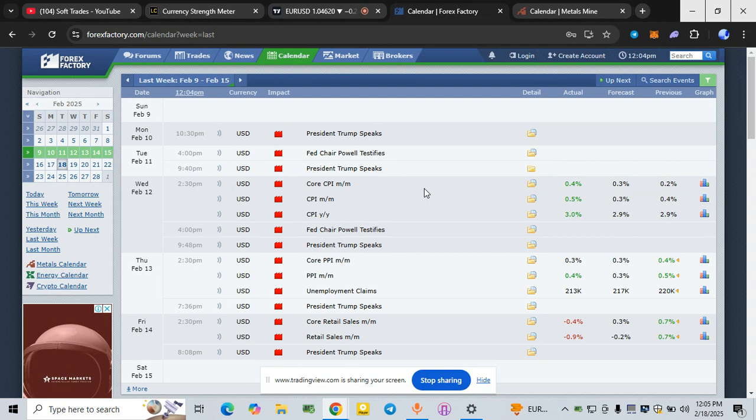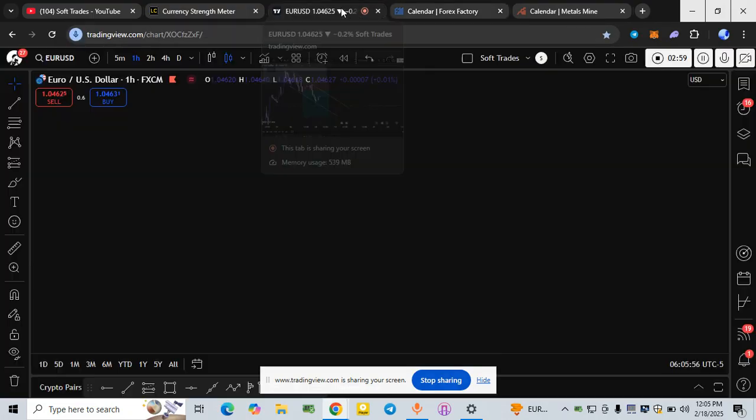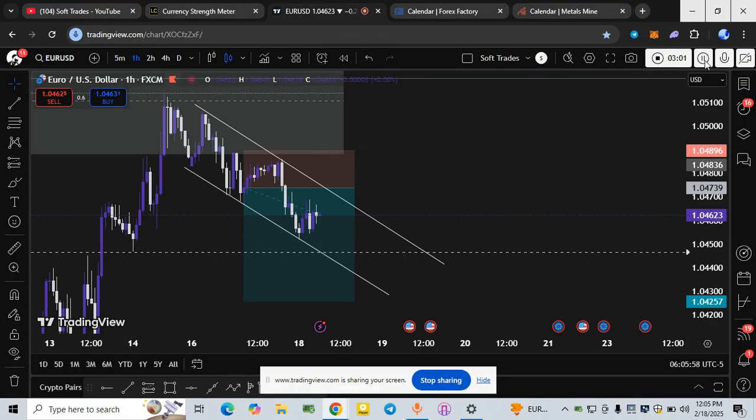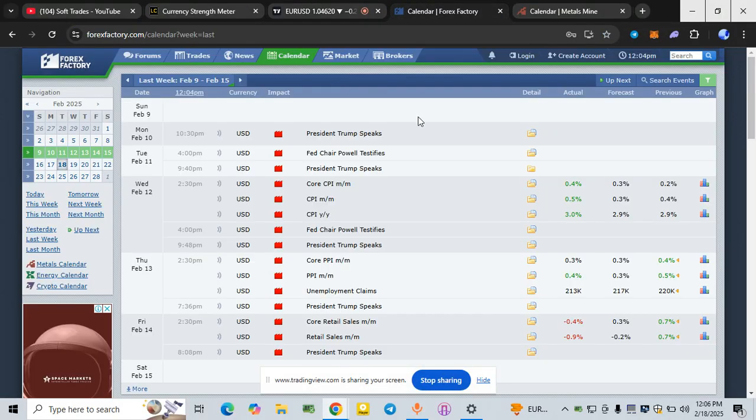So this now establishes a kind of bias in your head already to know what you're actually looking for. Even if you see a buy setup, you already know that I'm not going to hold this buy setup for a longer period of time because the market is going to be bearish for that particular week. So now that you know that the market is going to be bearish for this particular week, the next thing you want to do,